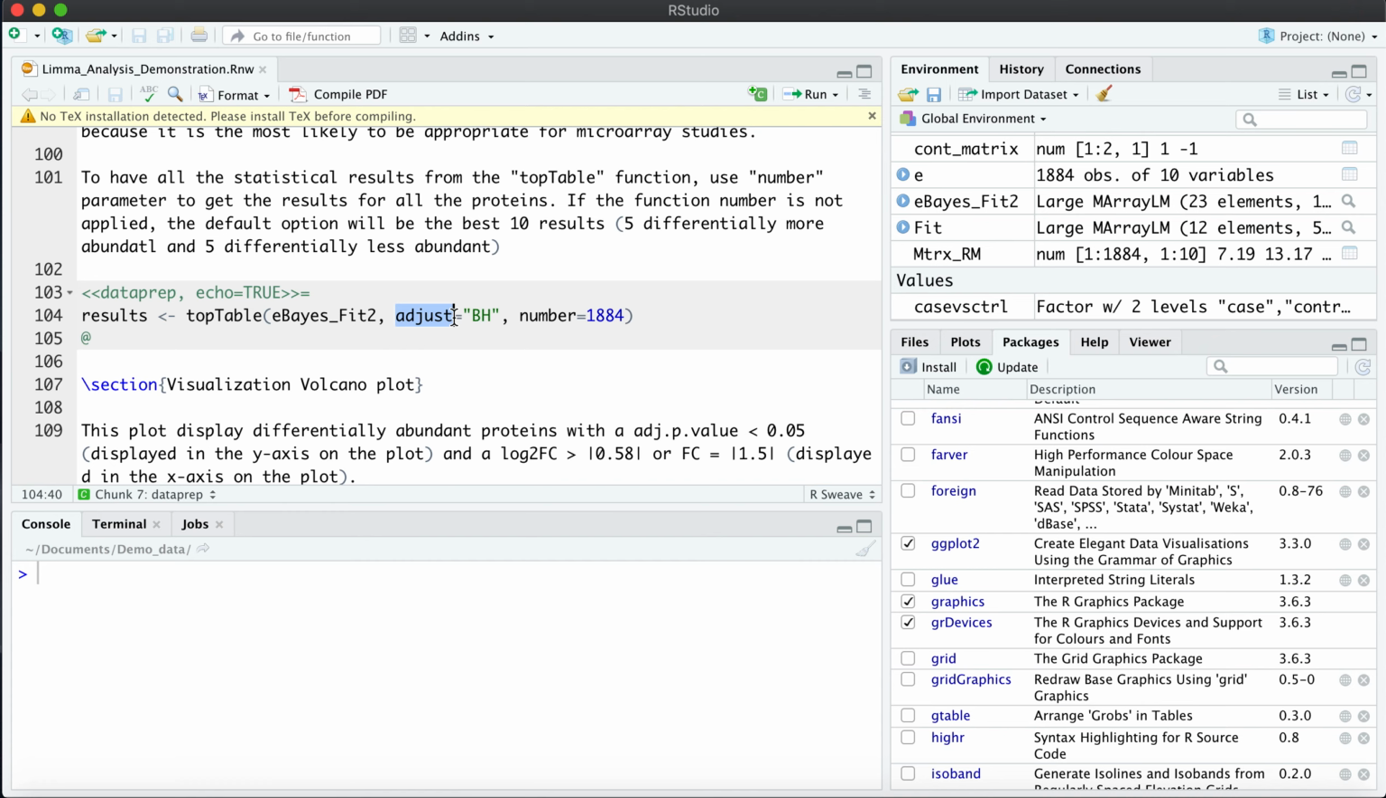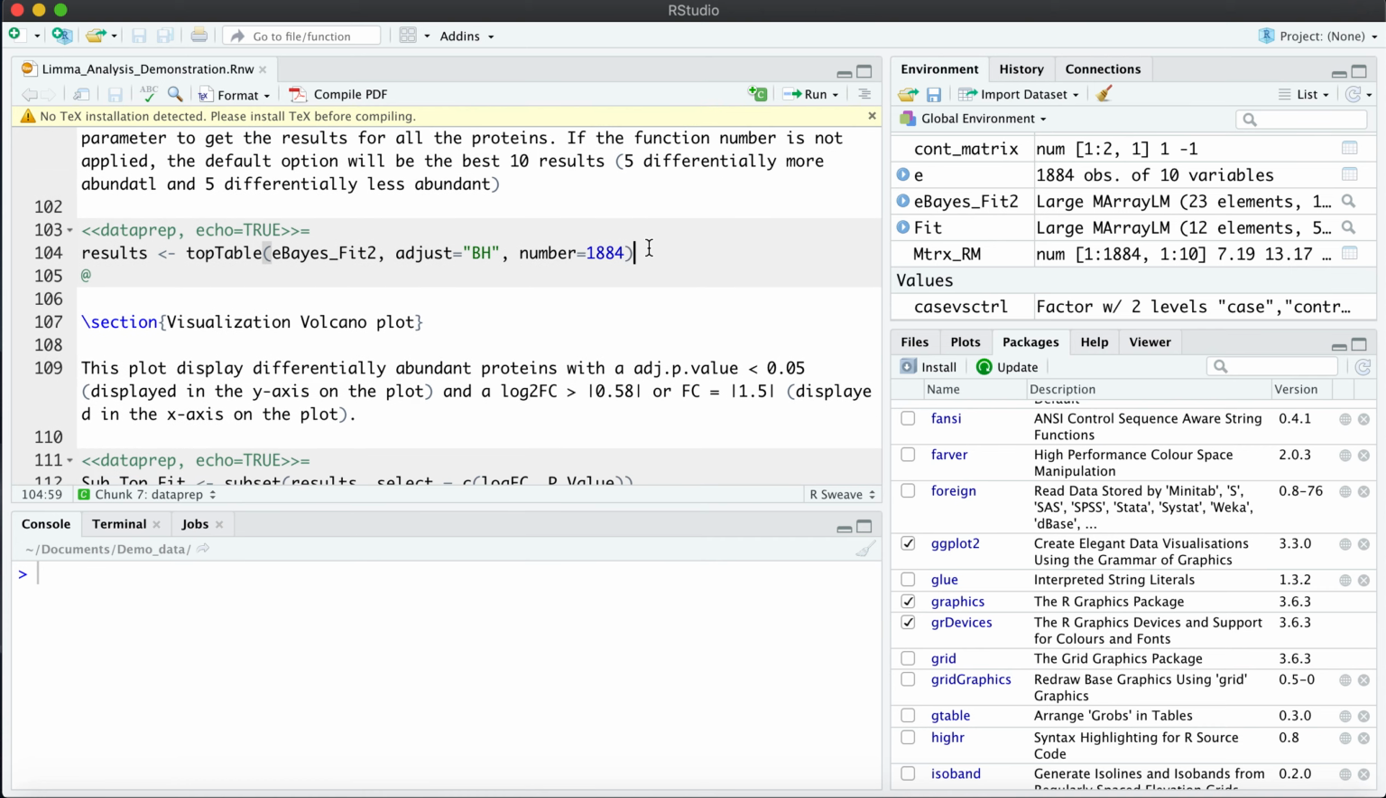Usually, as was described in the lecture, the most common are Benjamini and Hochberg, Bonferroni, and Holm, and it will depend as well on the number of variables you are analyzing. So in this case, we are using Benjamini and Hochberg. And since we already know the number of observations, the number of models, the number of proteins that we are analyzing, we can give the whole list. But the default will give the top 10 results. It will give you the top 5 differentially abundant or upregulated, and the top 5 less abundant or downregulated, as is described in microarray and RNA-seq analysis. So we run it,